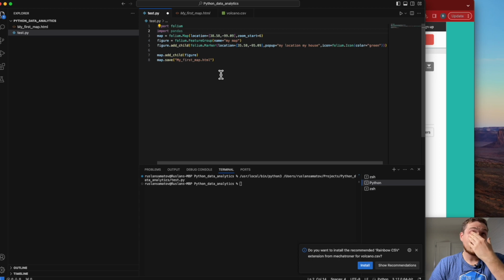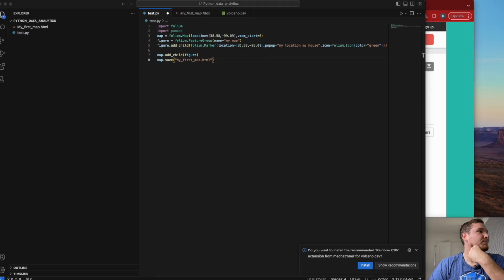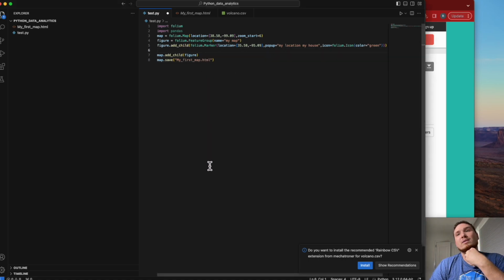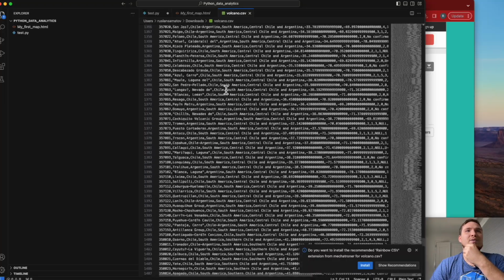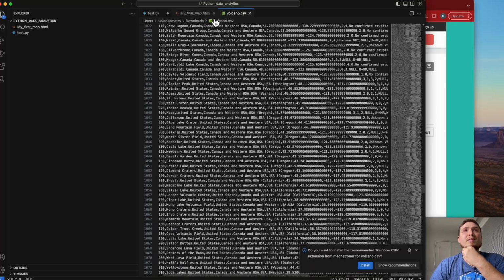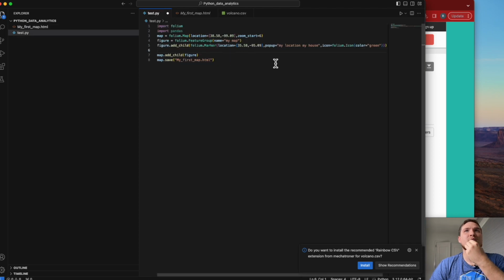Since it's the Pandas library, we can read our data and modify it. We don't want to create this line one by one again and again, and we have thousands of records, like 1,000 volcanoes, some of them active, some of them not. We don't want to copy and paste line by line.